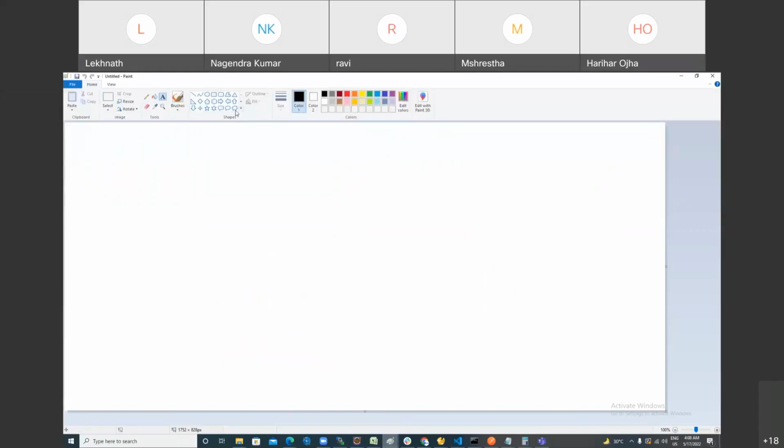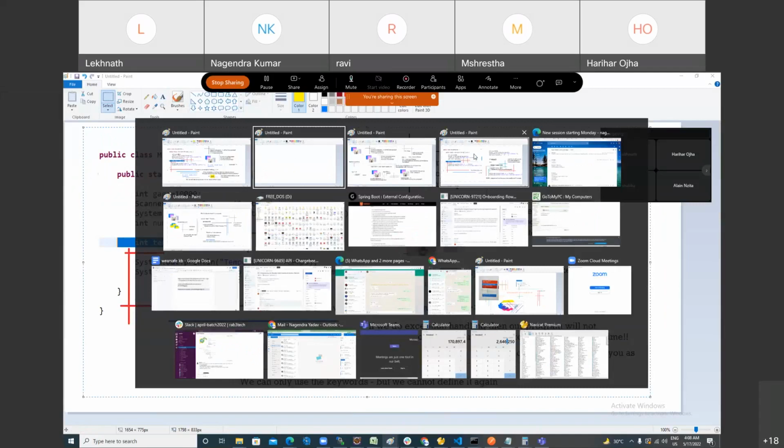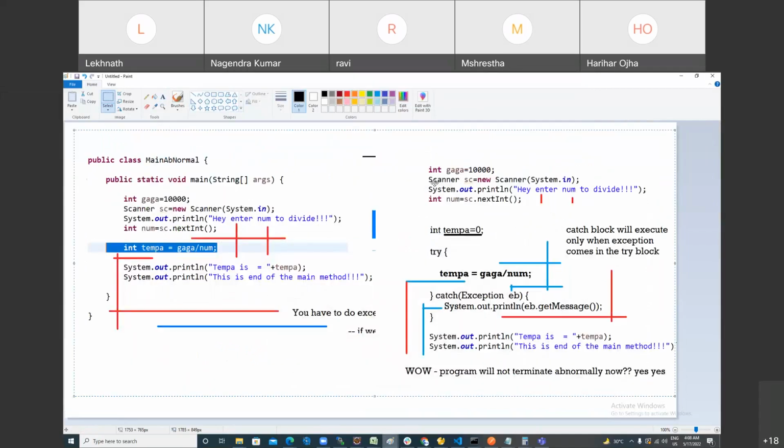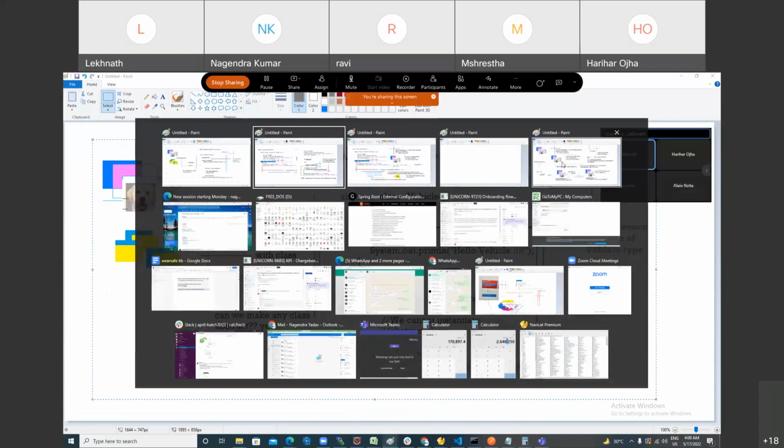Okay, guys, so I'm just continuing your exception handling topic, and today I'm going to move on to try, catch, and finally. So, try and catch, right? Now what we are trying to learn is